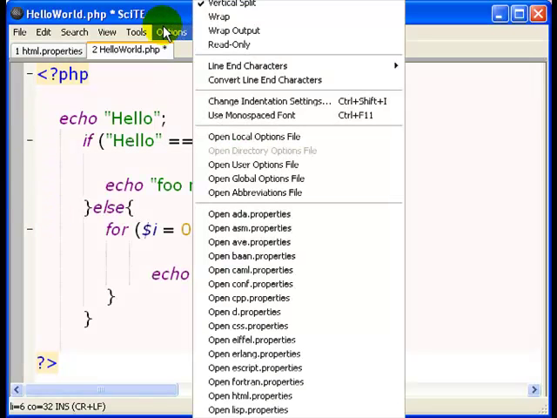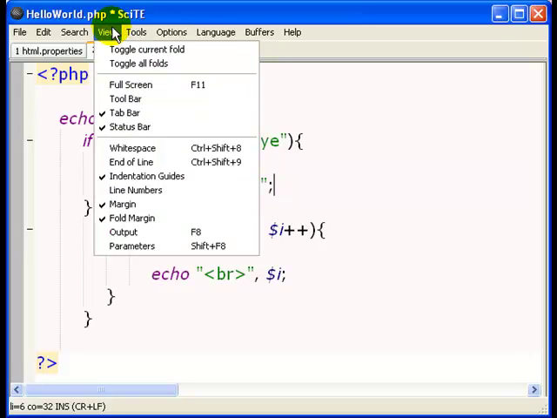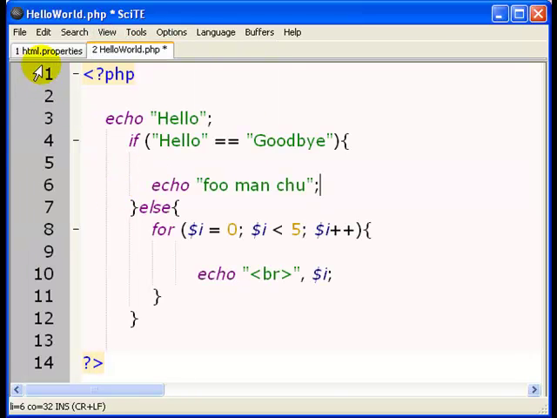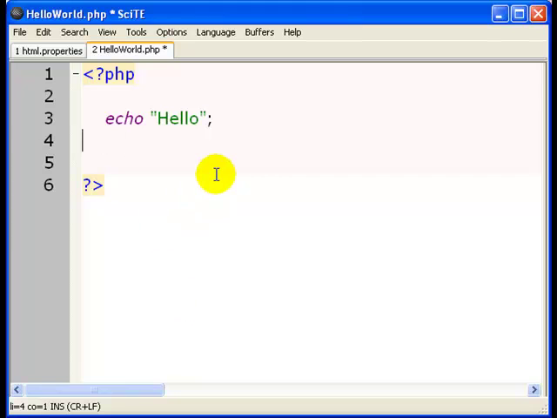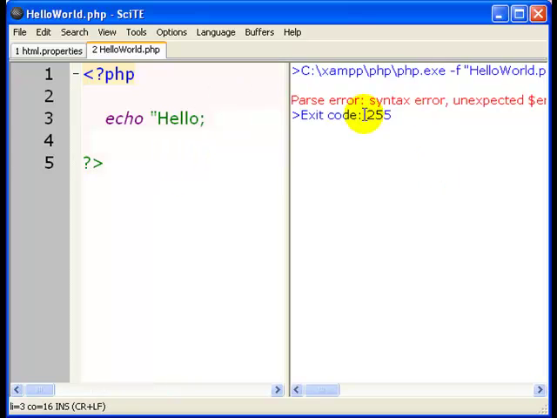You can, in the options, turn on the option in view for line numbers, and this line numbers column will come up here on the left, and that's very handy. So suppose I just create this program here and I put an error into the program. I don't close that string hello. There should be an extra quotation mark here, and suppose I run the program and it says there's an error,